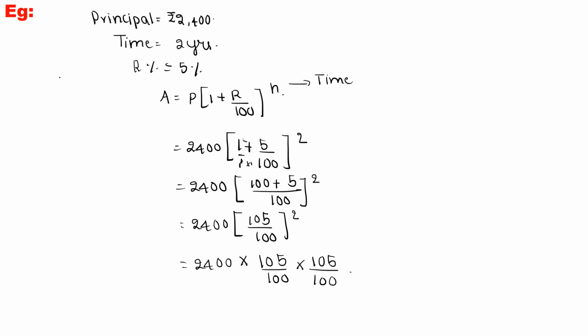Now we have to do cancellation, 0 0 cancel, and this goes 20 times, 5 20s and 5 21s, 4s. 4 20s, 5 4s are 20 and 5 21s is 105, 4 ones, 4 sixes. Totally 6 into 21 into 21. When we multiply, we get the amount rupees 2646. So after 2 years,